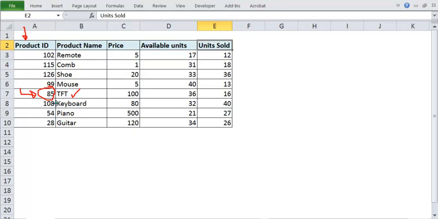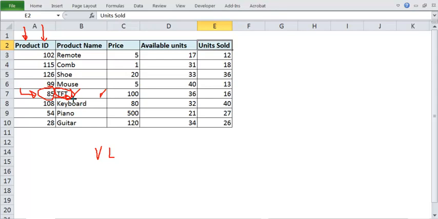So how are you doing this manually? You will first locate the product ID column. In that you will search where 85 is located, and wherever 85 is located you will go to the product name column and give me this value, right? Excel also does the search the same way. This can be handled through what we call VLOOKUP. VLOOKUP stands for vertical lookup. So we are looking up vertically on the product ID column, and then we are giving the product name, right?